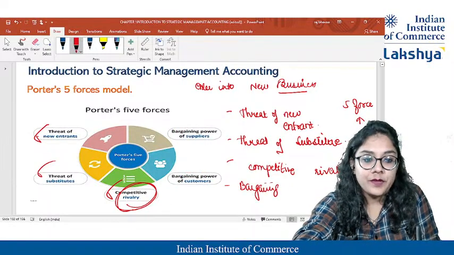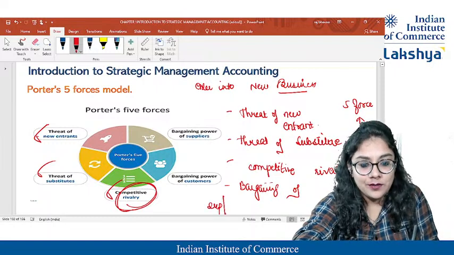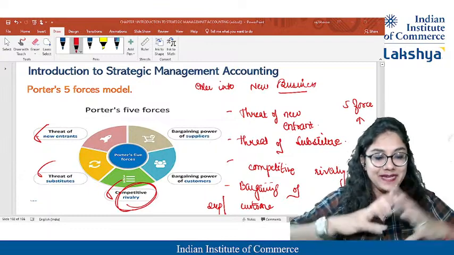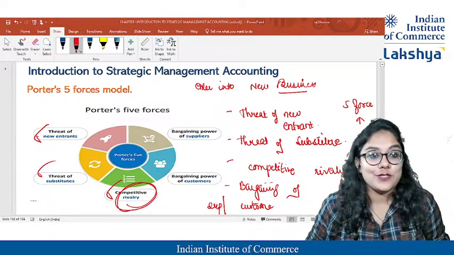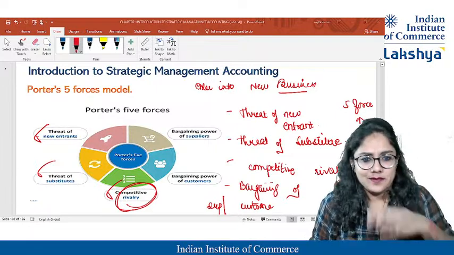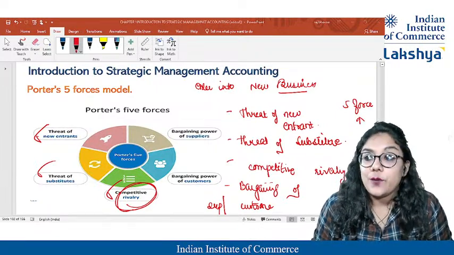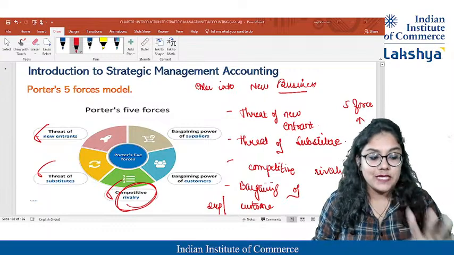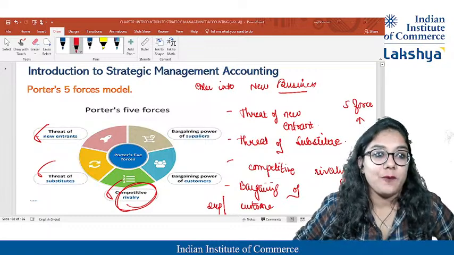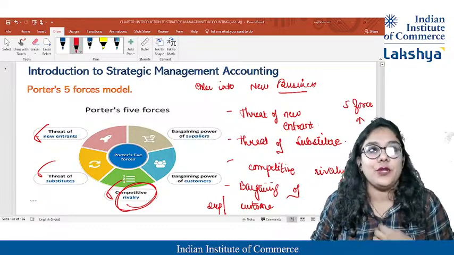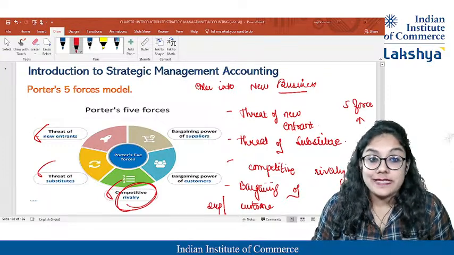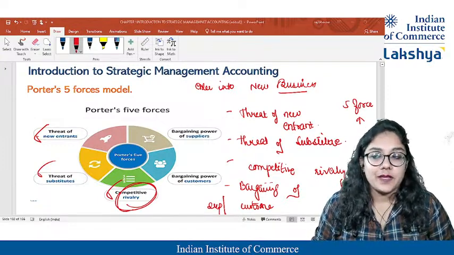Bargaining power of supplier or customer means, when I go to the shop, I mostly do street shopping. So what happens in street shopping? You go to the hawker and tell them, okay, I want this top, for example, the shirt. He tells me 500 rupees. I tell him no, 250 rupees. He says, okay ma'am, what are you saying, maximum we can give you at 400 rupees. I said, no, I will not be purchasing anything lesser than 250. So I just turned around.